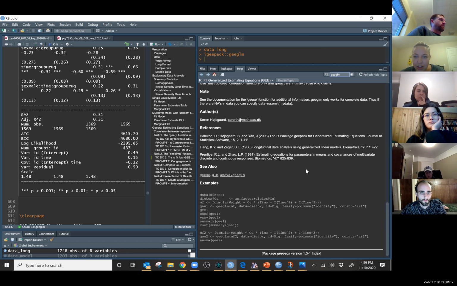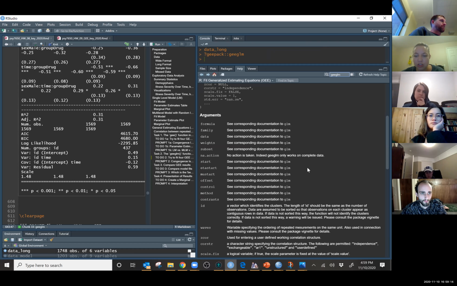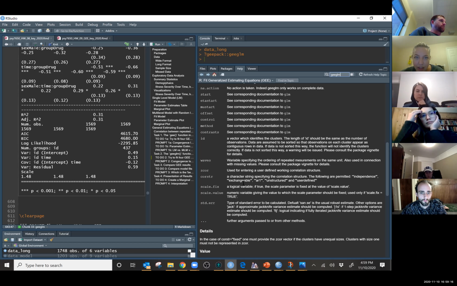I was reading along in here, trying to figure out the best way to teach you about this. Here it says waves, and it says it's a variable. I think they mean variable. There's a typo there. So, variable specifying the ordering of the repeated measurements on the same unit. It's also used in conjunction. This is specifically important if you have missing values, and it says to consult the vignette, which I actually didn't